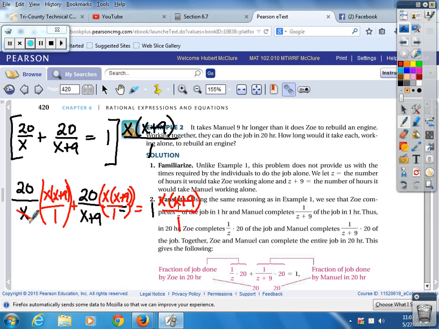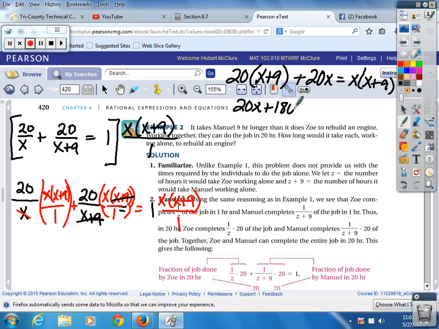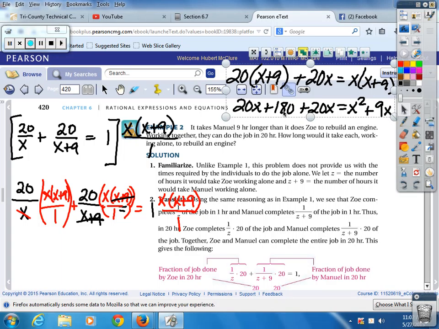And of course the X's cancel, and you're left with 20 times X plus 9. The X plus 9's cancel, and you're left with 20X. I think this is where I left off. Is equal to X times X plus 9. And that's going to give you 20X plus 180 plus 20X is equal to X squared plus 9X. Now at this point, you got to think about